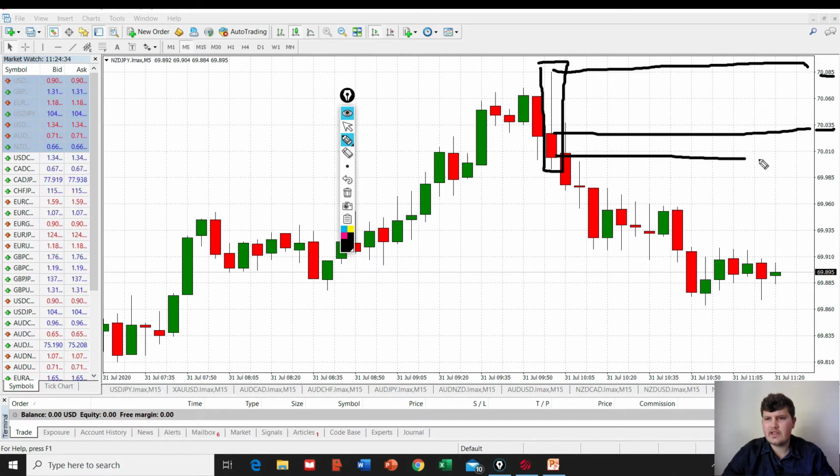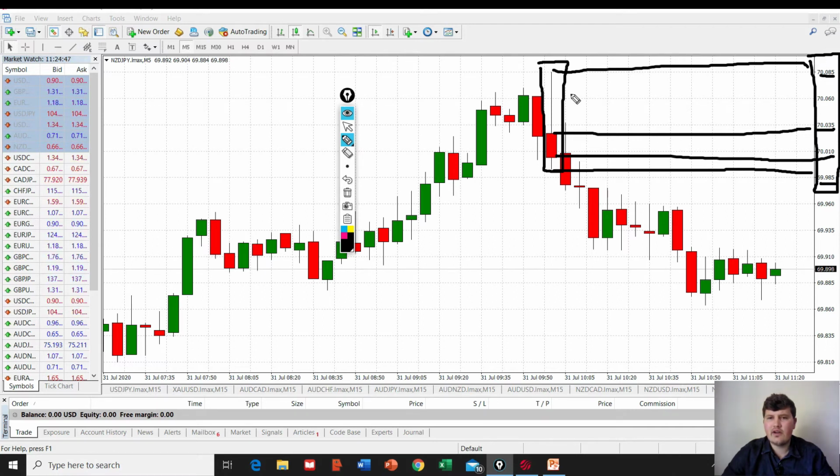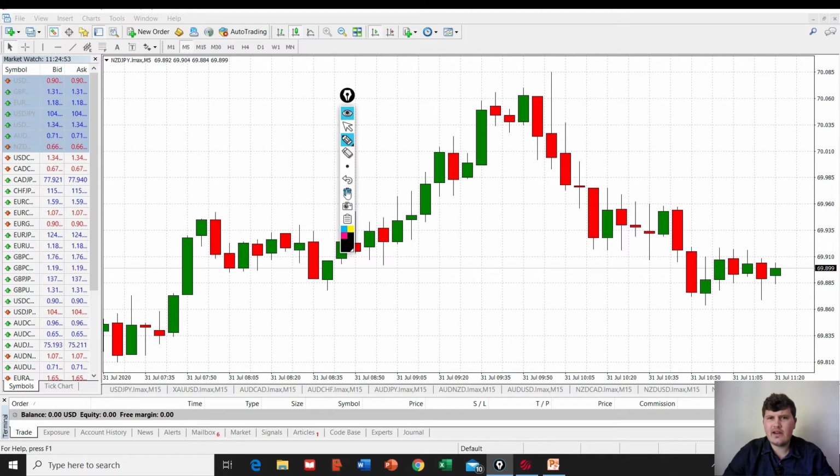It closed at this level, 70.01, and it made a low of, let's just say, 69.98. So these are your 4 levels that each and every candlestick on here has, and we'll get into how you can analyze and interpret these different candlesticks later,